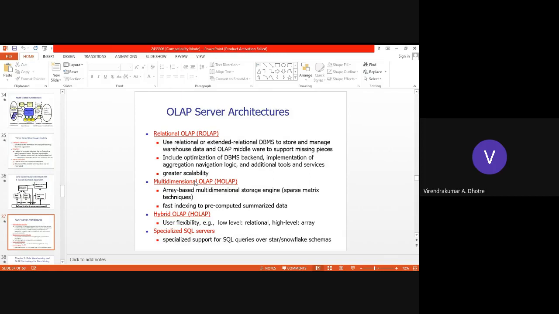It always has good scalability. Scalable means we can increase, we can decrease, and heavy load we can also handle, but related to relational and extended relational database management system storage.